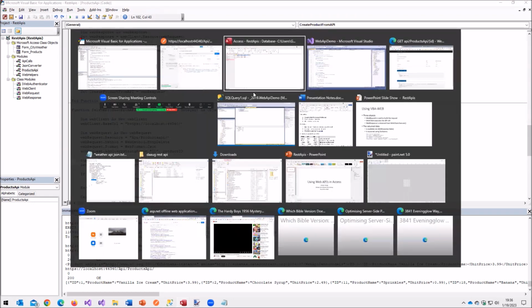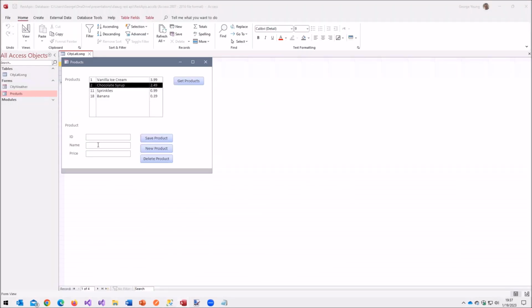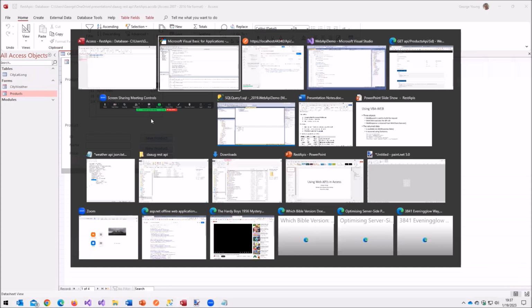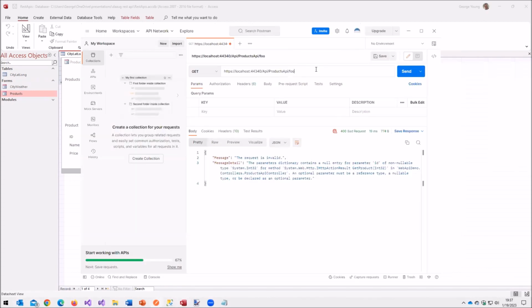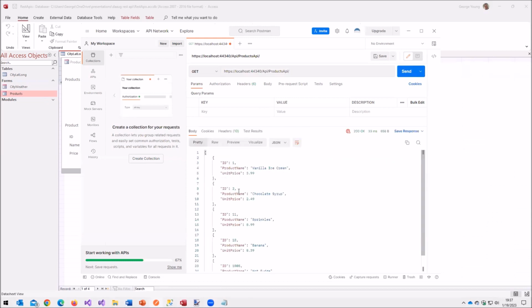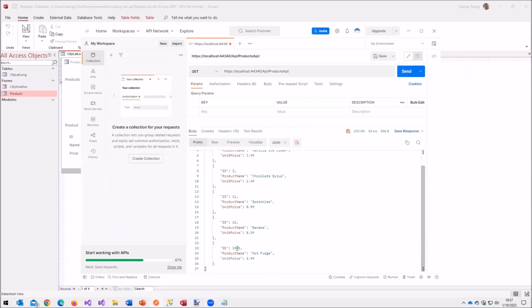Okay, let me go back into the UI and create a new guy. I think we had Hot Fudge, and thankfully it's gone on sale and it's $5.99. So now we've got Hot Fudge. Let's go back over to Postman and explore. Okay, I got Hot Fudge, ID of 1005.